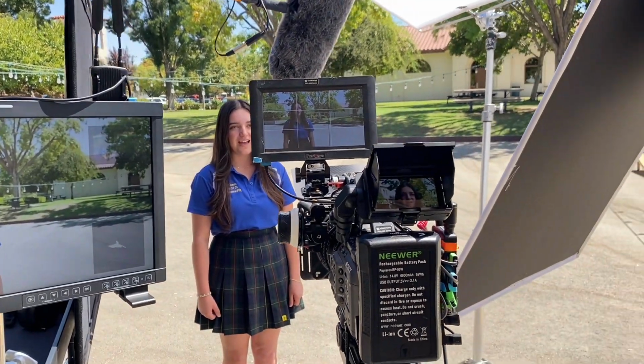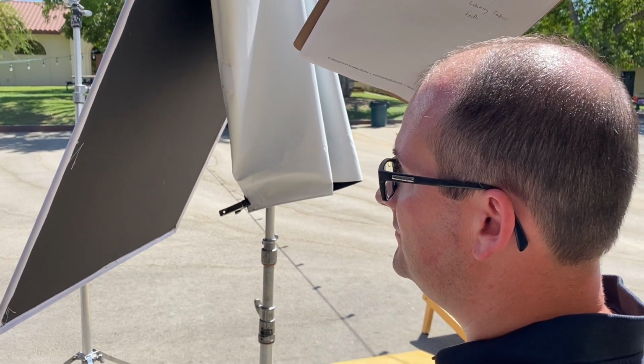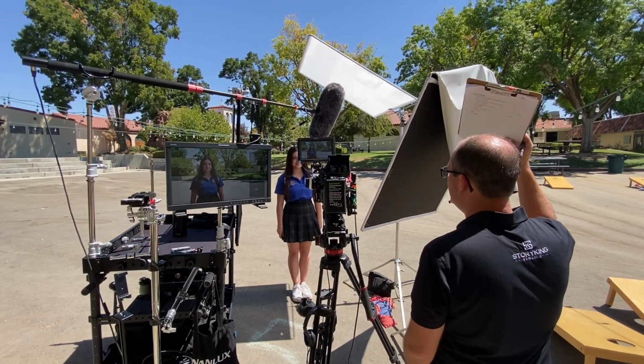There's so much that goes into creating these setups and these interviews, and I'm so glad we're able to do it quickly because of the tools we have, because of the cart, because of just being able to roll around with all these things. And yeah, it's a little cumbersome, but gosh, it seems like there's so much gear,